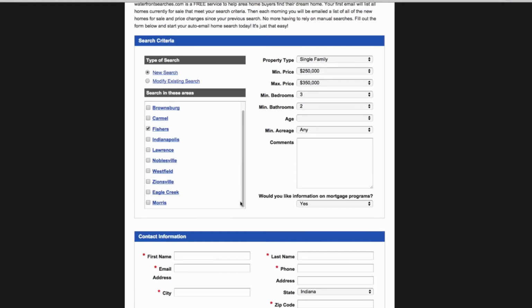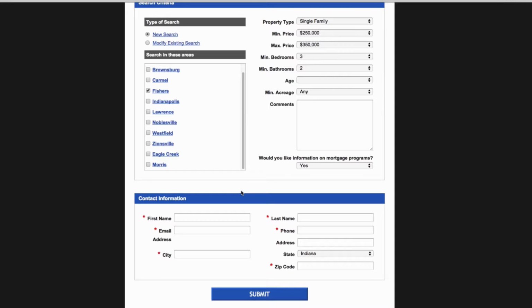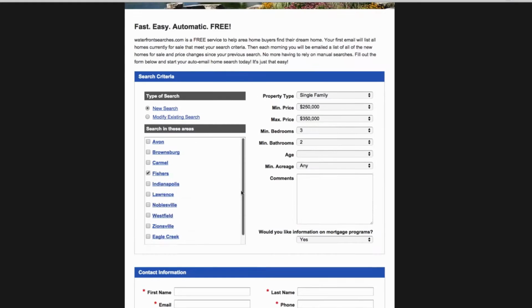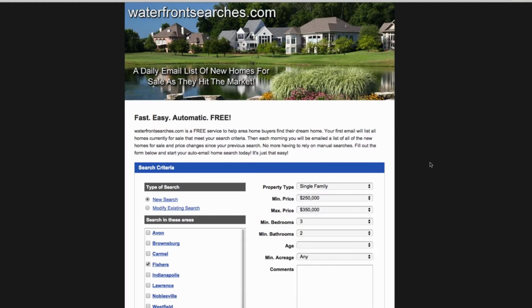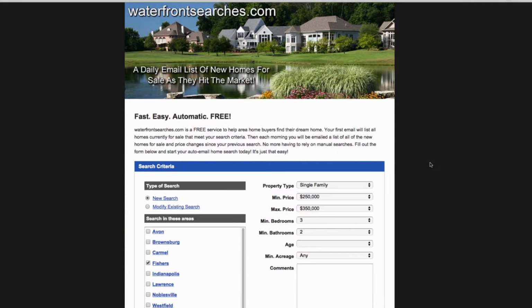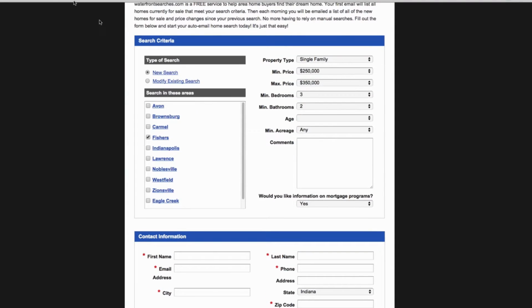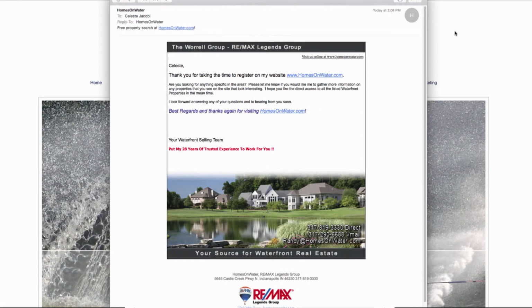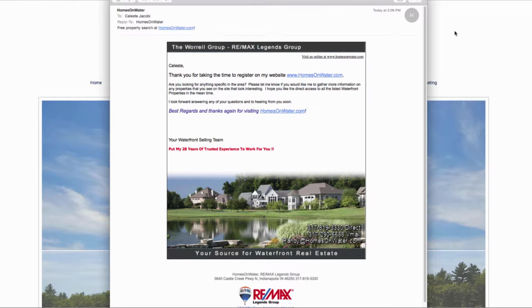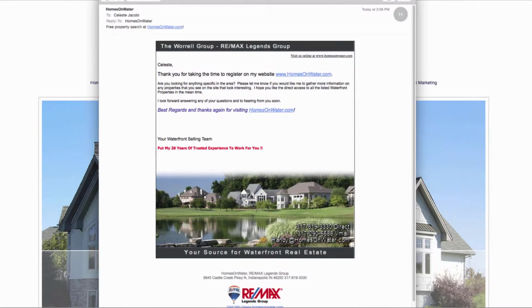With the Homes on Water site, it's obviously realtor driven. It's got all my information on it. This one does too. The stealth site has to in our market here, but it feels more like it's a company instead of an agent. And they can fill out the form, and it comes back to us. It automatically gets hooked up to a drip campaign, and the drip campaign was one of the main reasons I went with RealPro Systems in the first place, because it had that stationery down at the bottom,